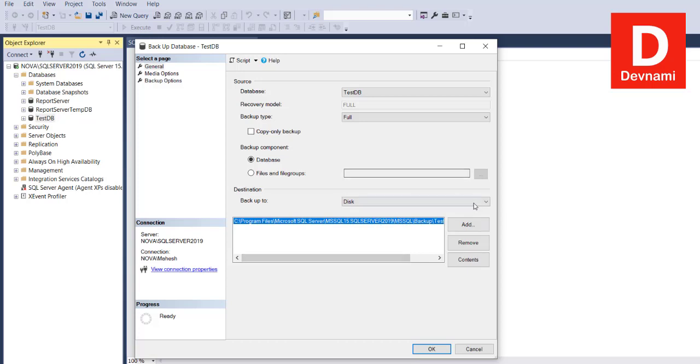The same appears within Azure Studio as well. You can also add and remove the path where you wish to save it, right? And also you can choose the backup component, entire database, or files or file group. Also backup type, full, transaction log, or differential. You can choose that. When you click OK, the file should be created at this particular location,